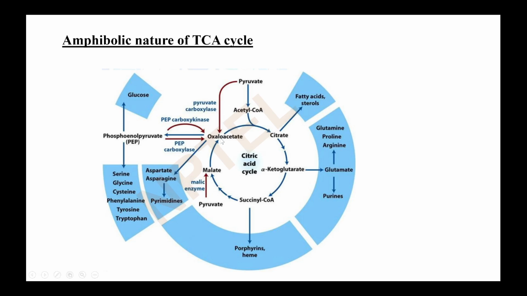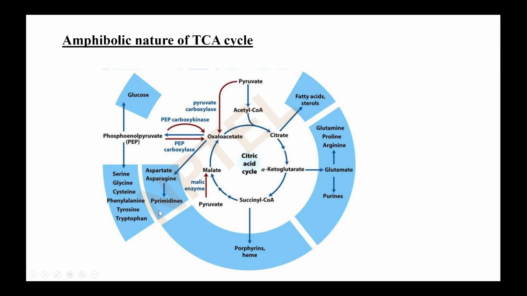So oxaloacetate can actually get converted into phosphoenol pyruvate directly, which can either go back to glucose by gluconeogenesis, which we'll discuss in detail in the subsequent questions, or phosphoenol pyruvate can also be a precursor to certain amino acids like serine, glycine, cysteine, phenylalanine, tyrosine, and tryptophan. And oxaloacetate can also be a precursor to aspartate and asparagine, which are other amino acids, and these amino acids can